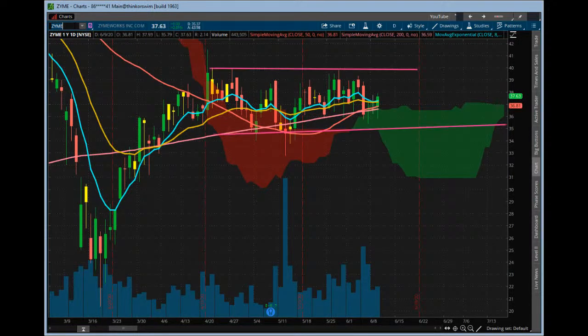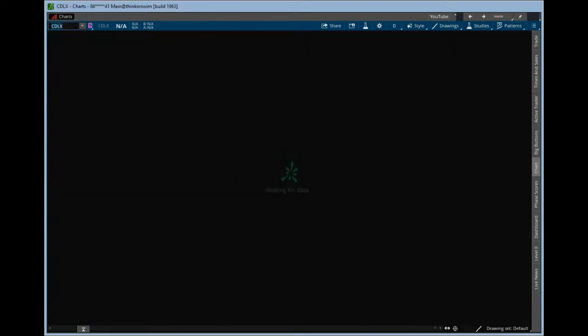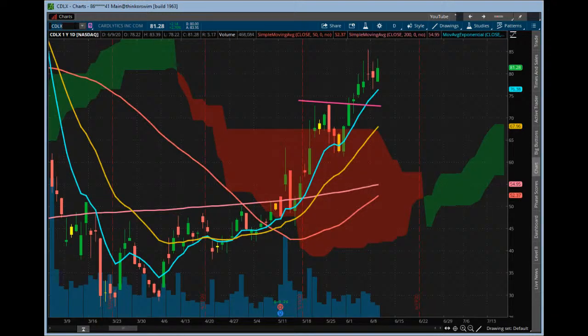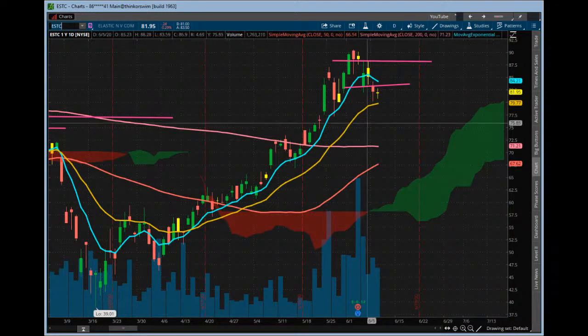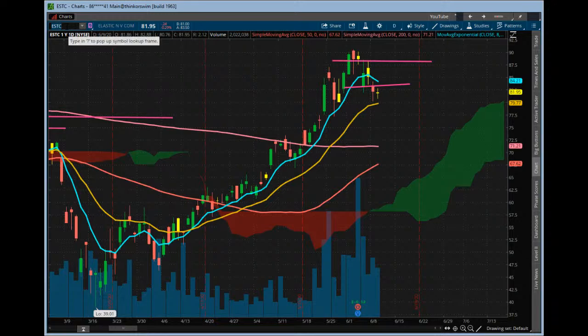Still getting tight, still waiting for that one to move. Huge range on that one, but I like that you're continuing to monitor it. CDLX, okay move today, lower volume, upper shadows, just kind of hanging out there. ESTC, a little inside day there, still sandwiched between the 8 and the 21 days. So let's see if that contraction will lead to some expansion. It looks like it liked a previous inside day for a move, inside day for a move. Those tight ones, it seems to like that. So let's see how that does there.